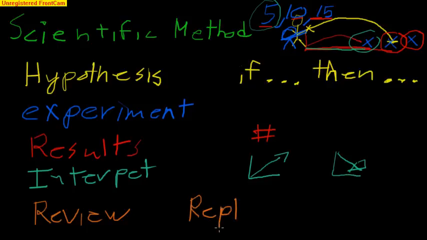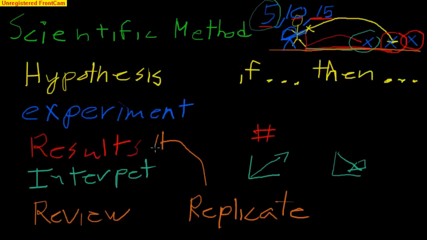it. And that means that if someone on the other side of the country or the other side of the world tries to do your experiment, maybe they have a different brand of pitching machine, but if they use the same speeds and they still have a level surface and everything else, if they replicate your experiment, they should replicate your results. And those are the 5 steps that you commonly see. They sometimes use different words, but that's the core of it.